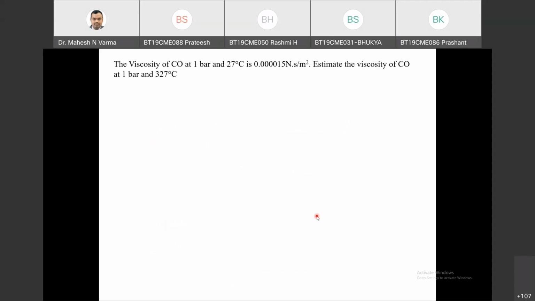The viscosity of carbon monoxide at 1 bar, okay,